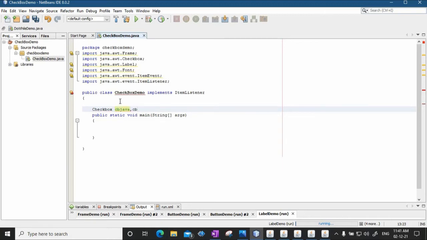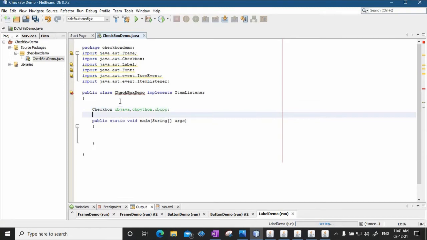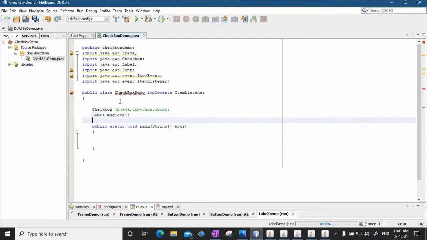Then I'll say cbPython, that is the checkbox for Python, and cbCPP, that is the checkbox for C++. So we have created three variables for checkboxes. We have not yet created objects. Also we will come up with a label, and the name of the label will be messageLabel.